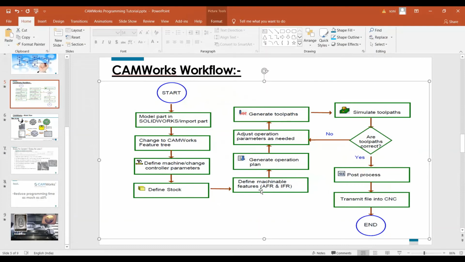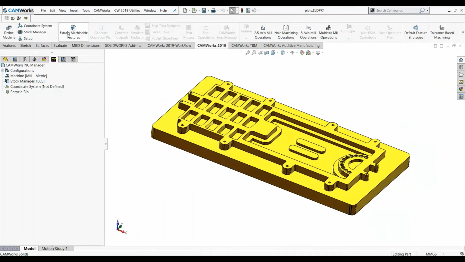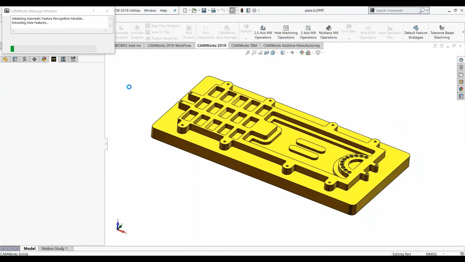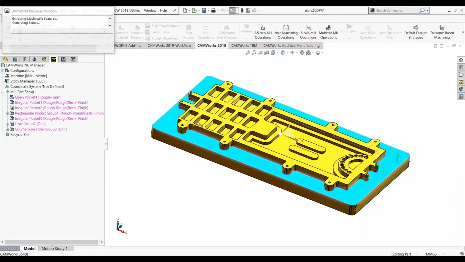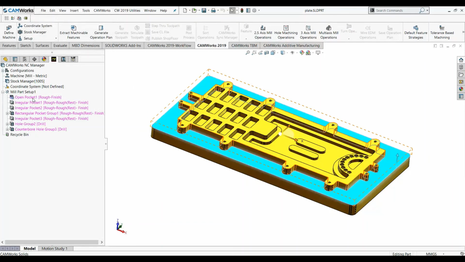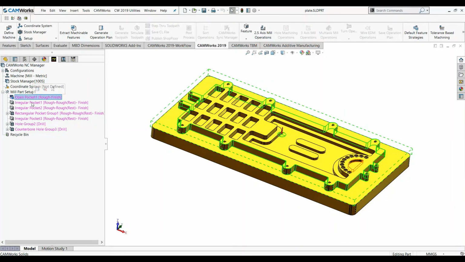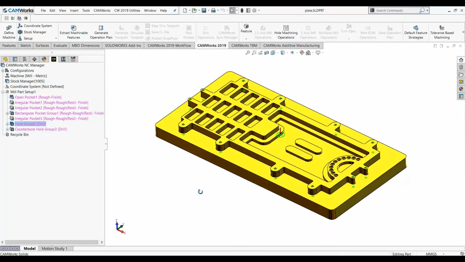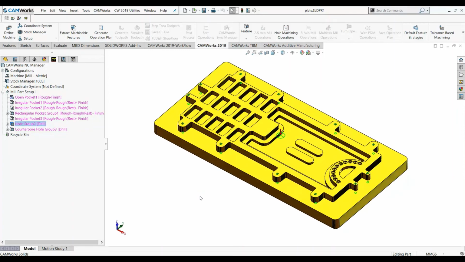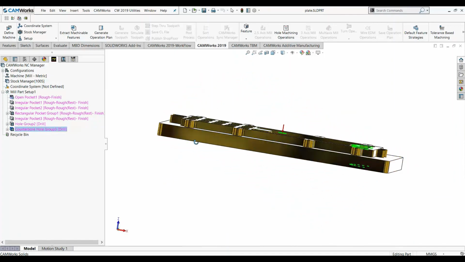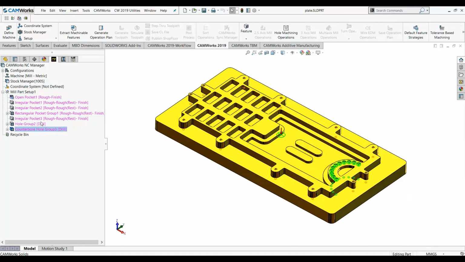Afterwards you have to extract the machinable features. So now you can click on extract machining features. As soon as you click on it, this will extract all the machining features like pockets, holes, slots, everything will be over here. You can see the open pocket, this slot, and this whole group, because all these holes are of the same diameter and depth, so it has automatically generated a group. Over here you can see all the features have been extracted.